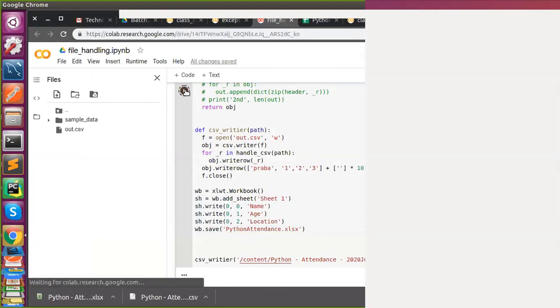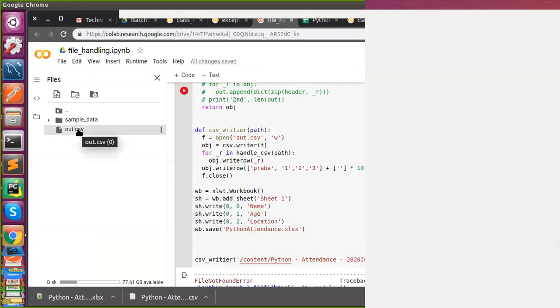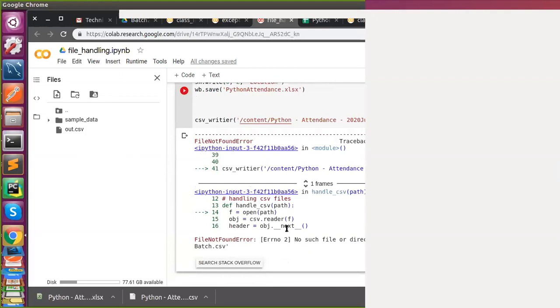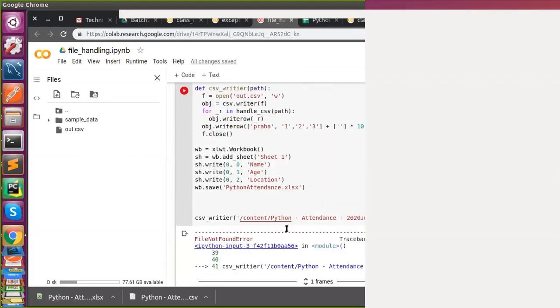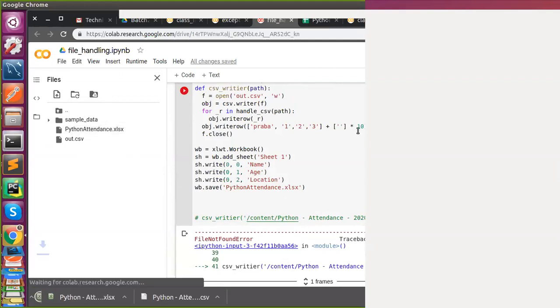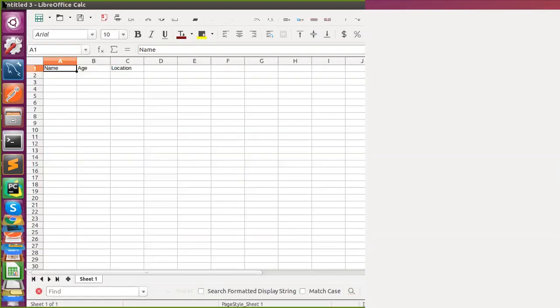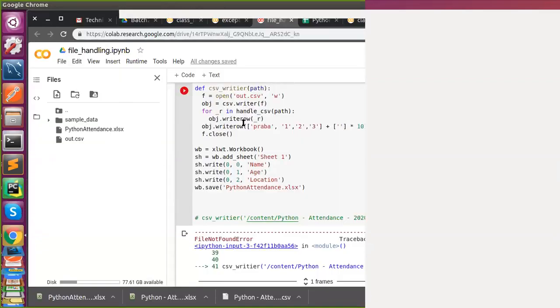Let's see. Yeah, the file was created. Got it? So you can use Google Colab also.